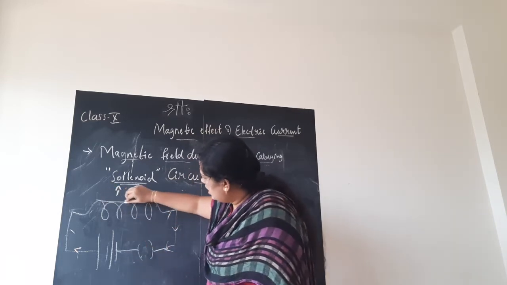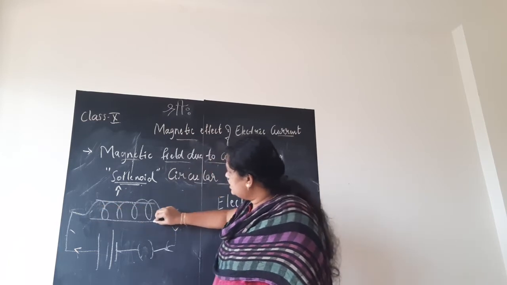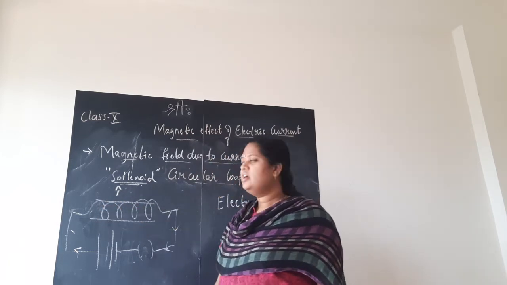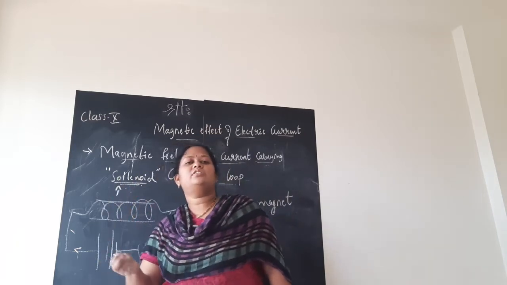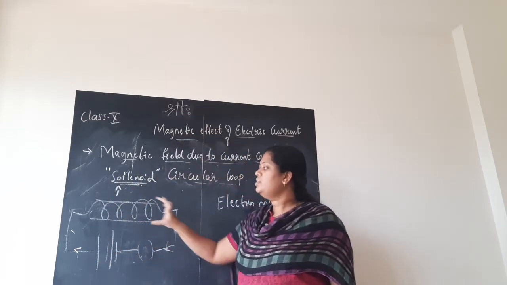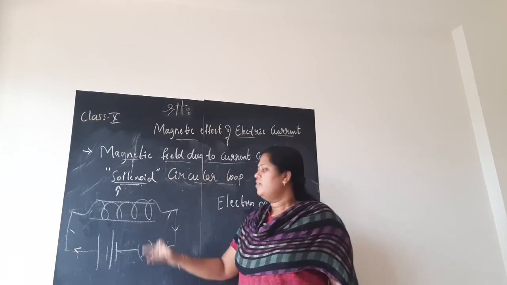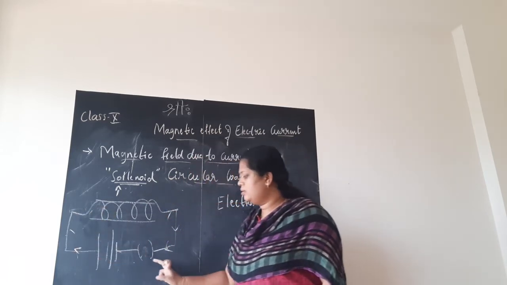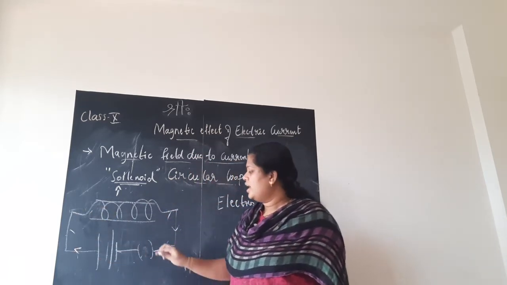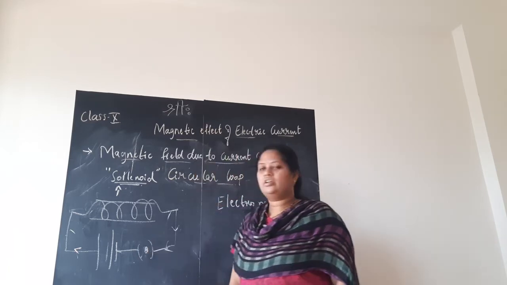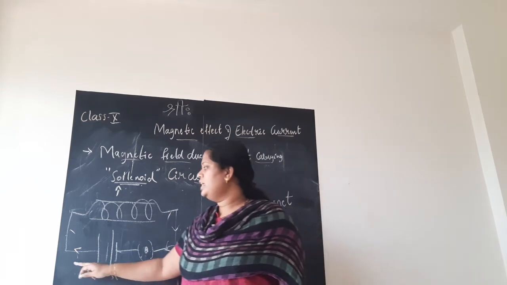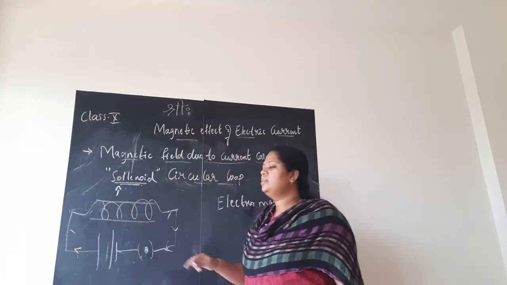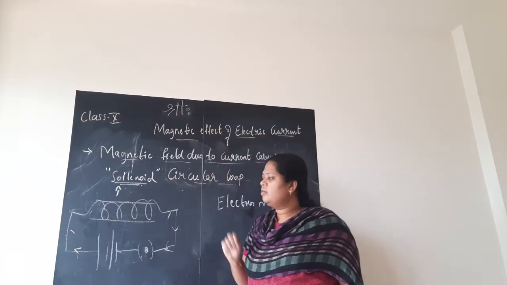Yes, now if I draw a line here, am I not getting a cylindrical shape? Yes. So, they say circular loops arranged in the form of cylindrical shape. This is called a solenoid. When I connect the ends of the wire to the battery and plug key, and I switch on the circuit, children, what will happen? The current will start flowing through this wire.